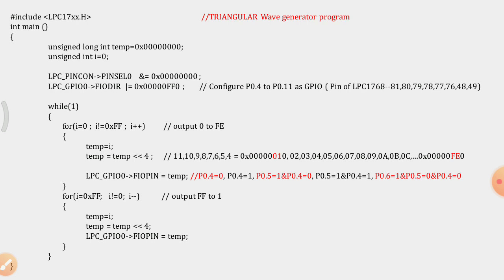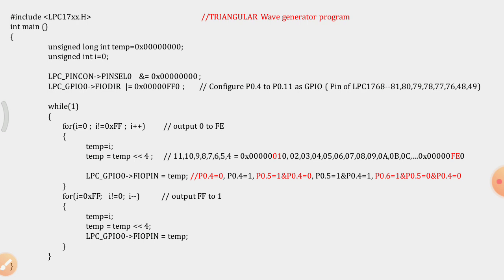Now the value becomes 0x00000010. Then again it is put on the FIO pin, that is, I am sending this value 0010 to the FIO pin.